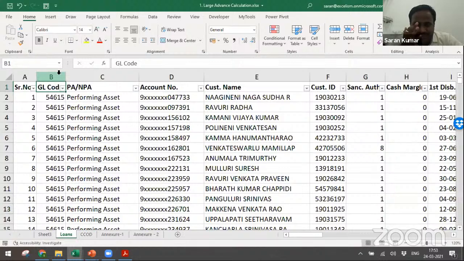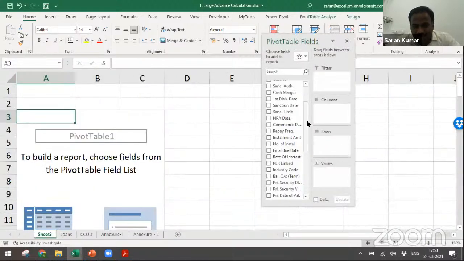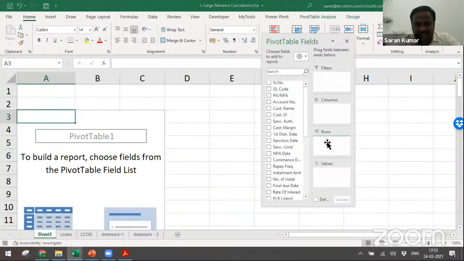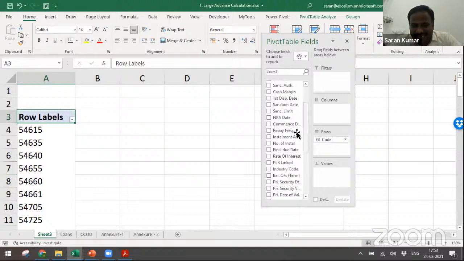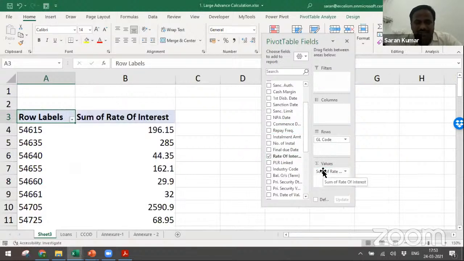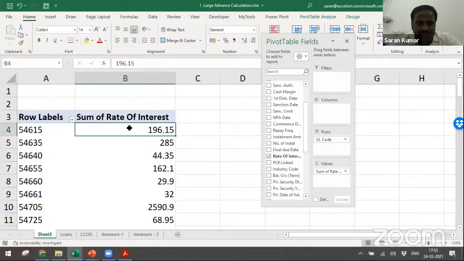If you look into any central bank or maybe State Bank of India, you will have the product code and product name. Then you can take the product name. So let me take product wise, what is the interest? Let me take the GL code here. Now, I will take the rate of interest here in the values. But you may laugh at me when I put it into the values. You know why? When I keep it here, it gives me the total for this product. Is there any meaning in summing all the interest rates? No.